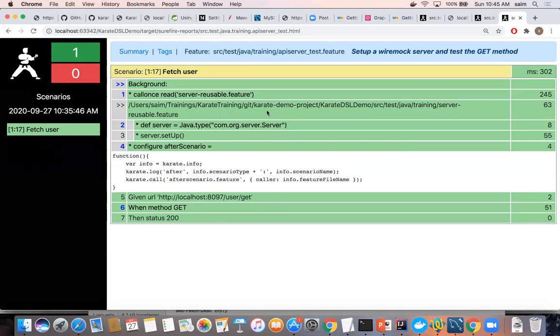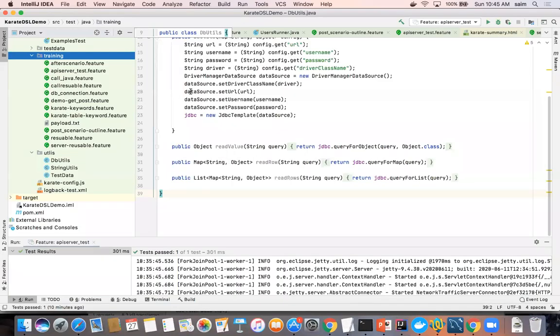Karate config, yeah. If you want to create a DB setup, I would encourage you to put that in the configuration, one time globally, so that it's available all over. When you say thread safe, you should make sure that the specific feature file should not be tagged in parallel. If you would have paid attention to something called parallel is equal to false, if you have something like parallel,